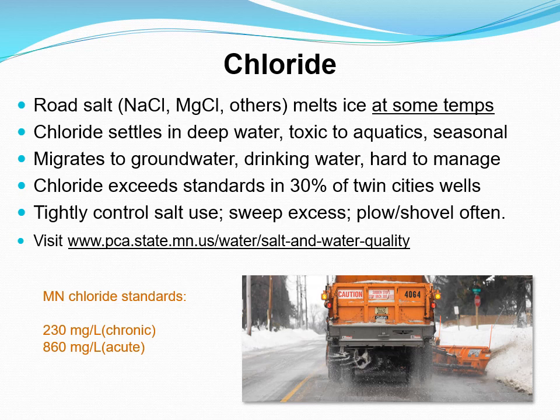Chronic means over a long time. So they define that as 3 readings in 1 year have to be below 230 milligrams. So if you have 3 instances per year that are higher than that, then they say you have a chronic impairment. If you have even 1 reading that is higher than 860 milligrams per liter, acute means short term, that's 1 time. So even that is too much. So there are plans being put into place for how to better regulate chloride. And there's been a lot of training for plow drivers and those types of folks who might be applying the salt as part of their job, but maybe there's a way that they can do it in a more targeted way that would be better.